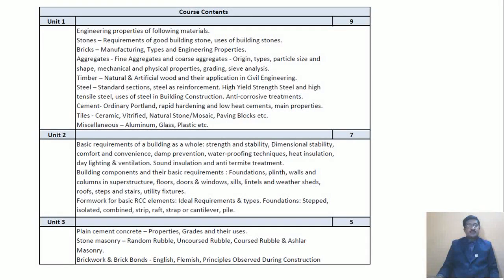Now unit wise we'll see the contents. Unit 1 has a total of 9 lectures, in which the engineering properties of various materials are covered: stones, requirements of good building stone, uses of building stones, bricks, manufacturing, types and engineering properties, aggregates, fine aggregates and coarse aggregates, origin, types, particle size and shape, mechanical and physical properties, grading, sieve analysis,